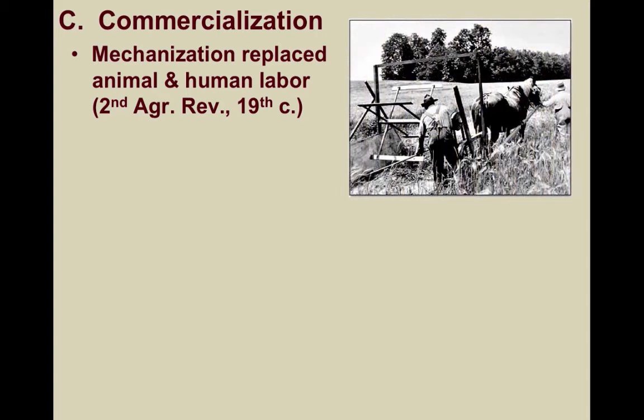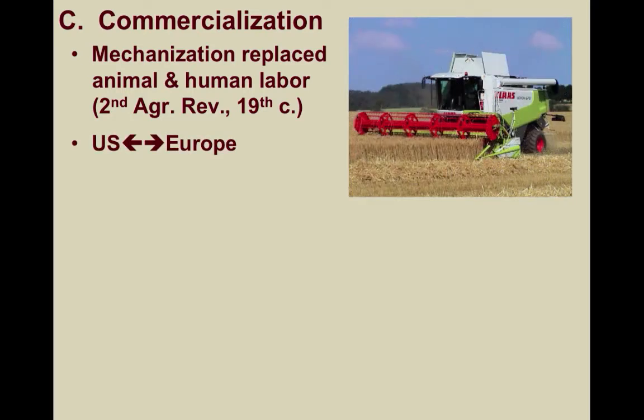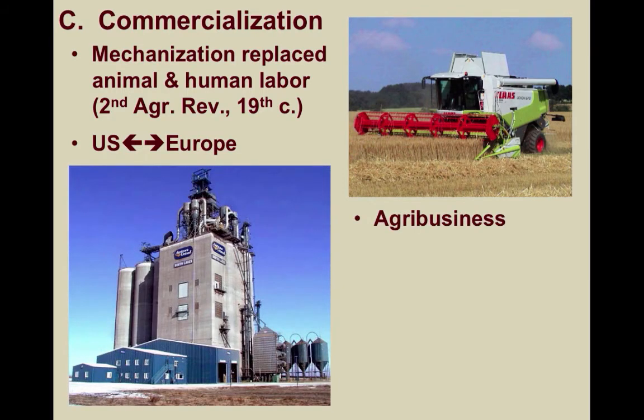Mechanization first replaced human labor during the Second Agricultural Revolution on a large scale in the 19th century. Technologies first diffused throughout the farmlands of the United States and Western Europe hierarchically, then diffused contagiously into other developed and developing regions around the world. And due to mechanization and mass production, for decades, most food has come from highly industrialized automated operations and businesses known as agribusiness.